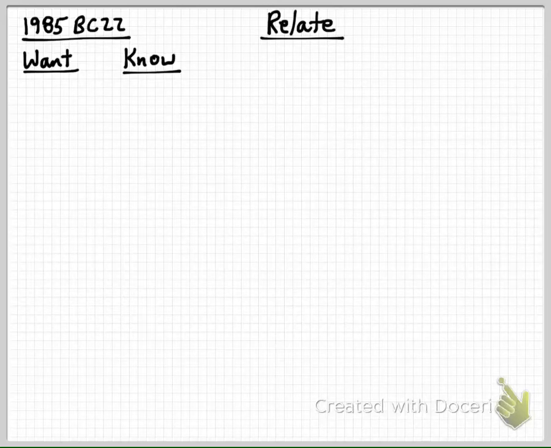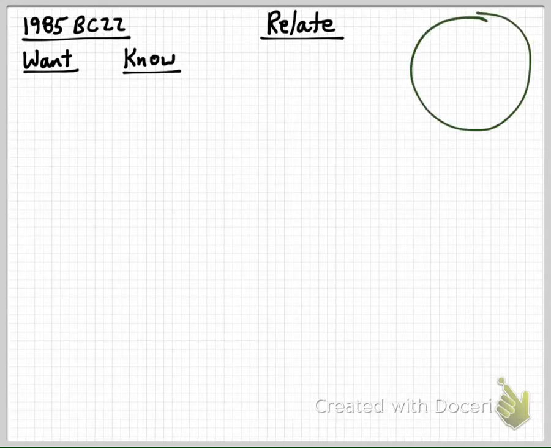I thought I'd go ahead and do number 1985 VC22 from the very beginning, just in case you're still having doubts as to where things go and why. So just talking it through, reading it here, the area of a circular region, and it's always nice to have a picture. Circular region, the area is increasing at a rate of 96 pi square meters per second. So the area,